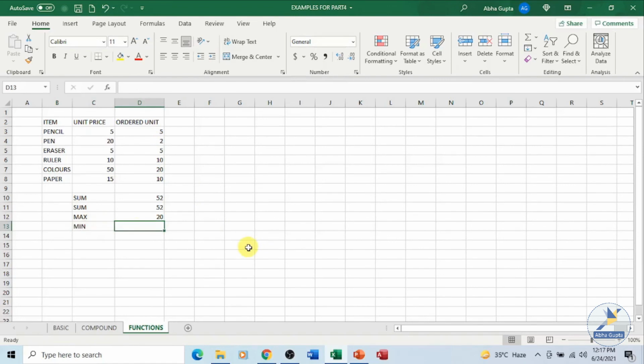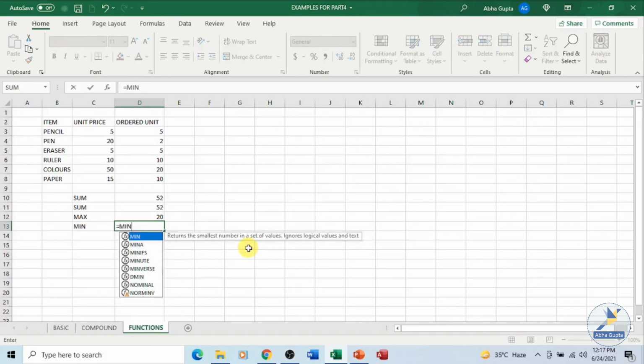Next method which we will talk about is the minimum function. The minimum function, as its name suggests, will find the minimum value from a given range of values. Let's start typing the function over here. Equal to MIN. The moment you start typing, Excel also gives you a suggestion. It will show you all the available functions starting with the first characters which you have typed.